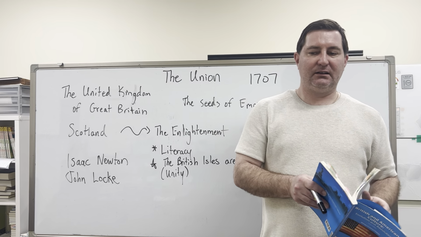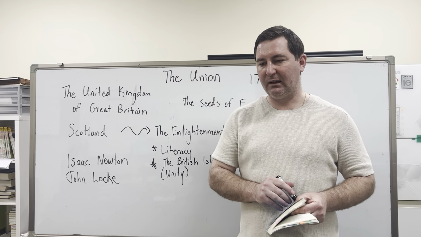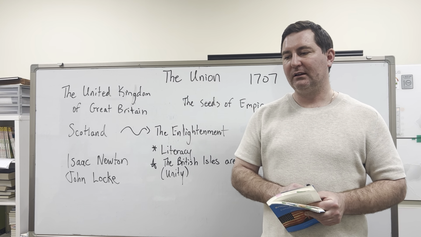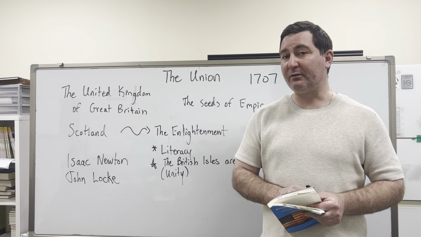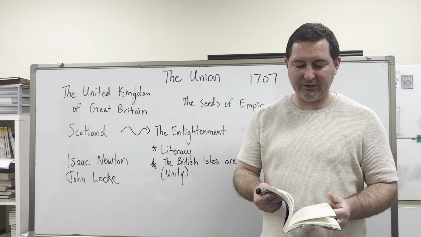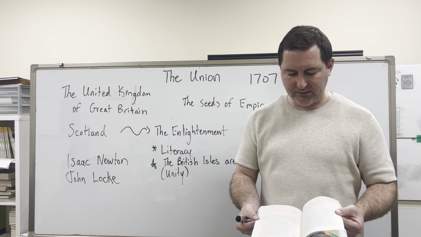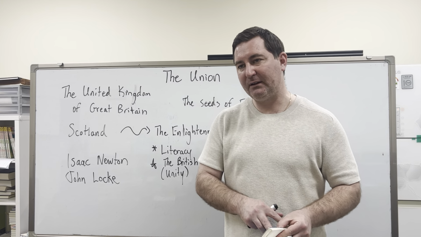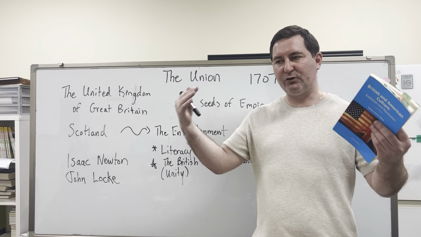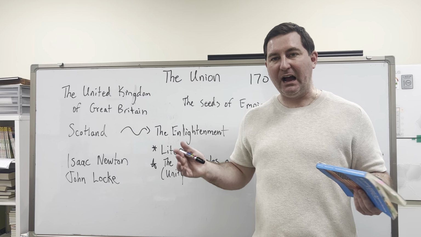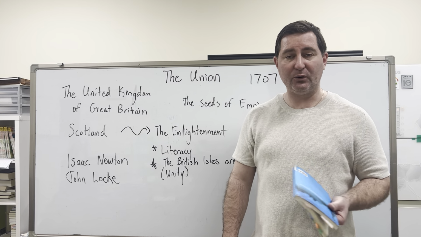Going back all the way back to the Edwards, Scotland really was a very rough place. If you look at the end of the chapter, there's some description of Scotland, so you can read this yourself. But let me just explain generally. Scotland is the northern part of the main island. England is the southern part. Just like South Korea and North Korea,